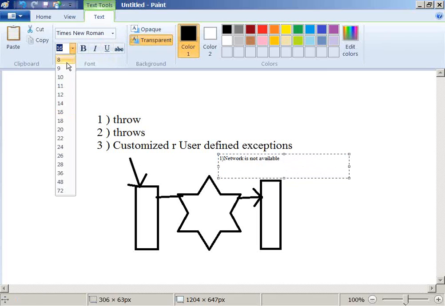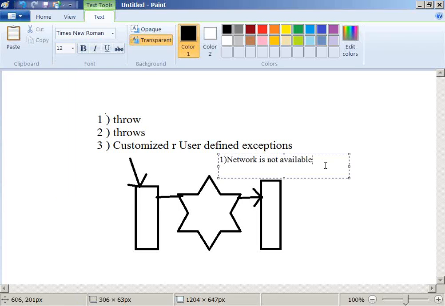Only one way problem. Phone is switched off. Fine. That is also a problem. Good. Friend's phone is switched off. Not reachable. Okay, third.